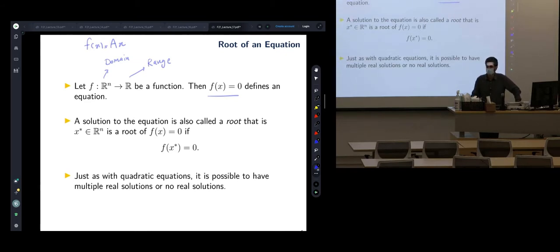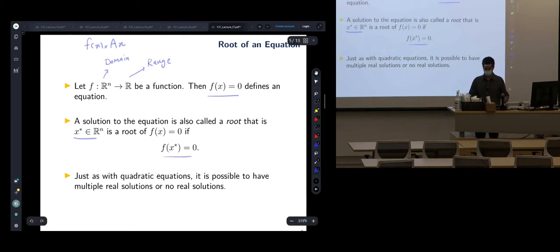So let's define an equation, f of x equals 0. Then you ask, what are the values of x in the domain that satisfy this equation? So any value of x, such as x star, in the domain that satisfies this equation is called a root of f of x, a root of this function. It is possible to have multiple real solutions or no solutions, just like quadratic